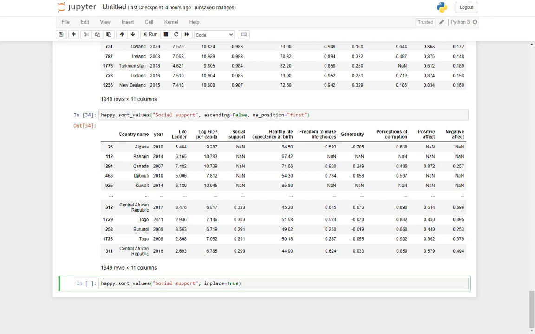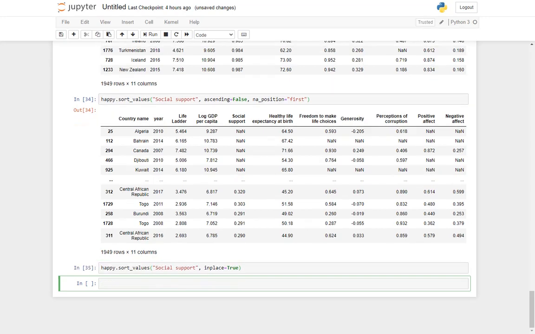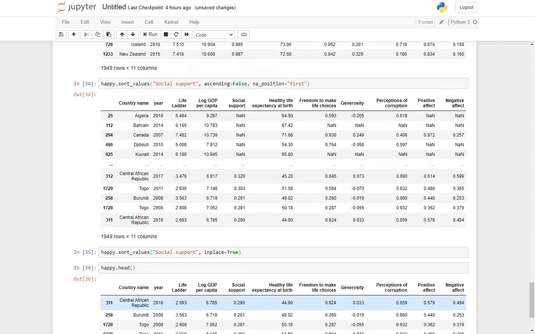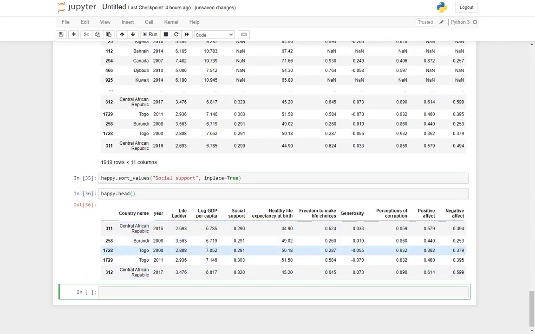So now it has been done. So now if I call happy head, instead of the original data frame, I will have a data frame which is sorted depending on the social support. So now this has become permanent.